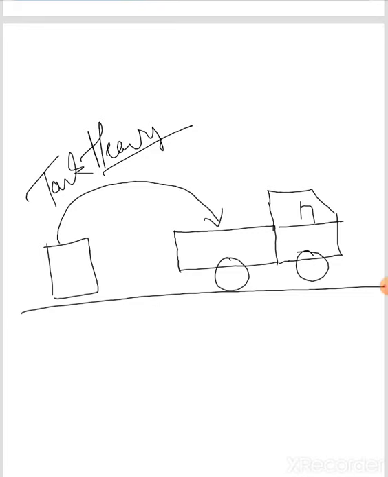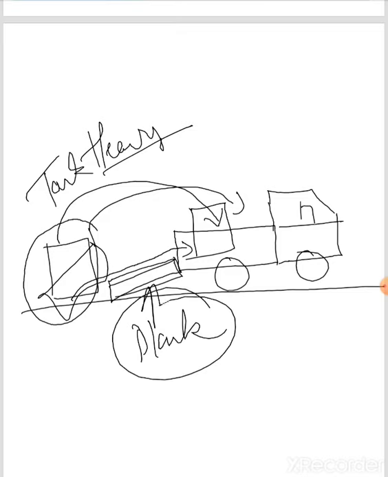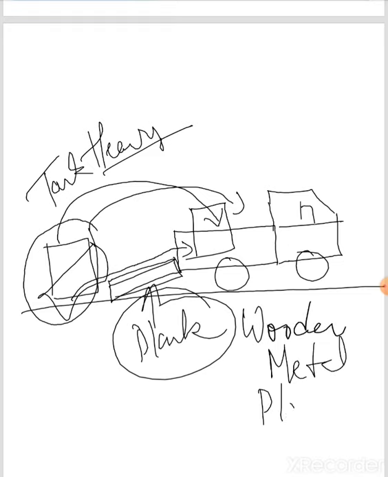So what I will do is I will take a ramp, a slanted surface, a ramp. Now this I will roll here and push it and lift here and place it on the back of the truck. So here you see that I am easily able to load this tank on the back of the truck with the help of this plank. This plank can be wooden or made up of metal, understand. This is what we call